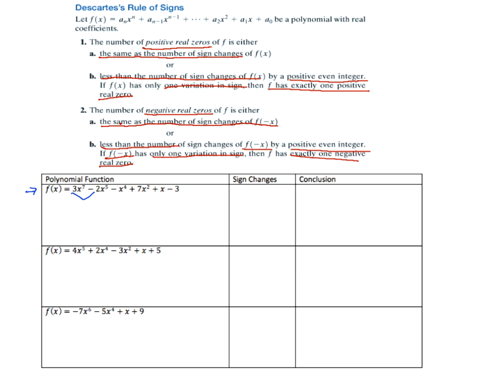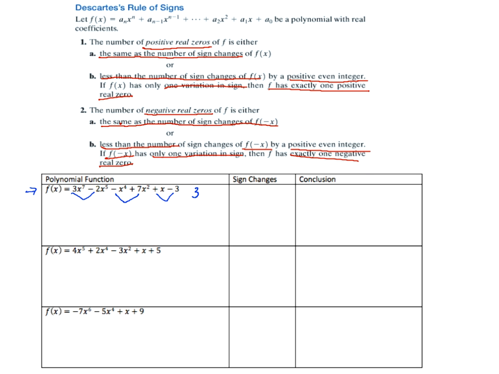There's a sign change. Between the second term and the third term, we go from negative to negative, so same sign. Then the third to the fourth term, we go from negative to positive. There's another sign change. Fourth to fifth, positive to positive. Fifth to sixth, positive to negative. So we have 3 sign changes